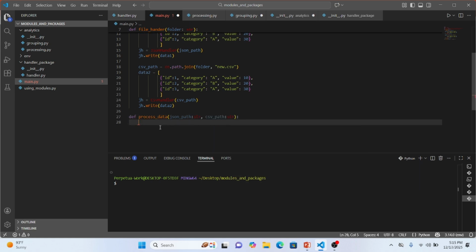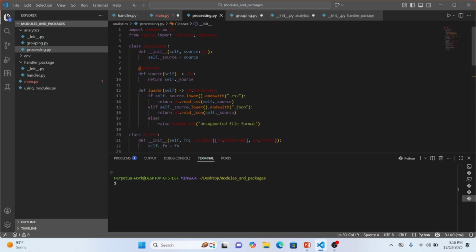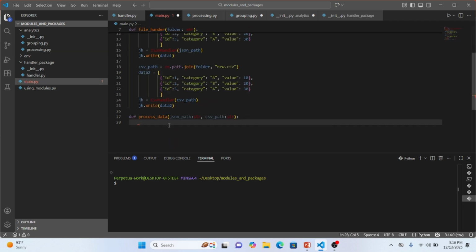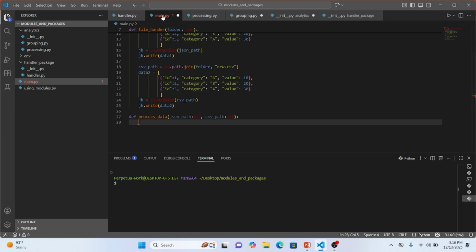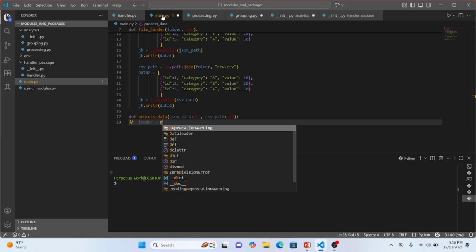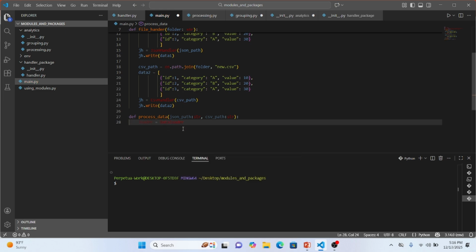So the next thing we are going to do is load the CSV files. We are going to be using the loader method to get the CSV and the JSON, loading it into a data frame. So now we are going to create an object of the data loader class. And here we are just going to call it loader, and we are going to set it to be an instance of the data loader class. And here we are going to pass in the